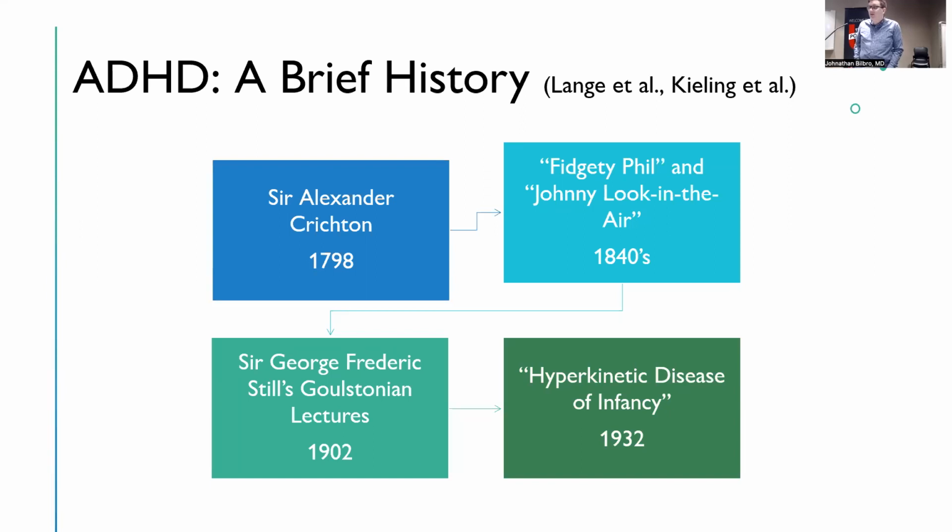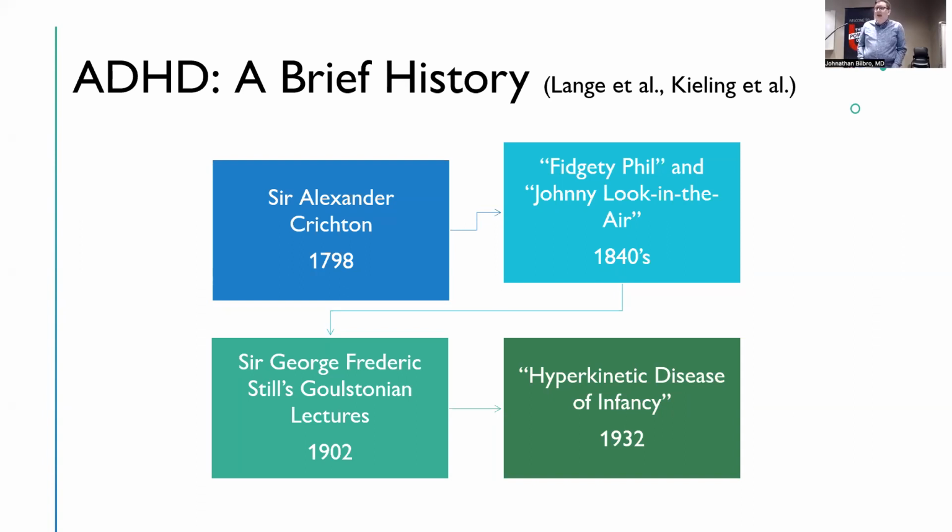but it certainly captured a lot of what we think of as characterizing ADHD today. And then moving forward a little bit further into 1932, you've got a couple of German physicians, Franz Kramer and Hans Pollnow. They described the hyperkinetic disease of infancy, which the most characteristic symptom, as you might imagine, based on the name, was a marked motor restlessness.